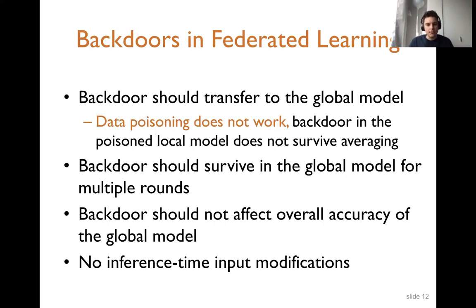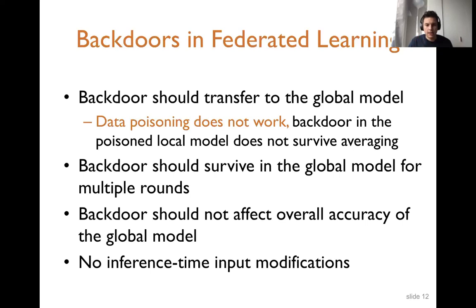So pure poisoning doesn't really work in this case, because it will be just averaged out by normal benign participants. Another important thing is to survive the other rounds, because the model will continue to be trained by other participants. If the attack dies right away, then there is very little benefit for the attacker if the backdoor just disappears after 1 month.